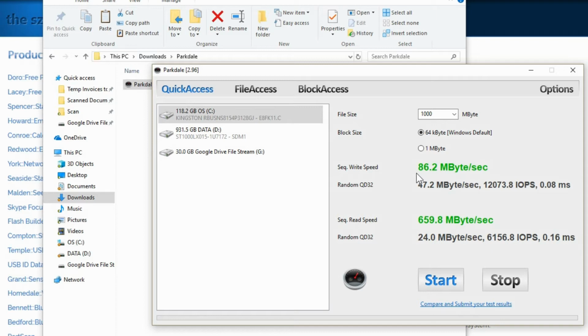Now that's all there is to it for testing your hard drive speed. So if you have a regular hard drive and you're getting under 80 for sequential speeds, then you might need to look at getting a newer hard drive. And if you have a solid state, well, the numbers can be quite off the charts. 300 megabytes is not that fast even compared to what some of them can go. And it really depends on how much you spend on that solid state drive.